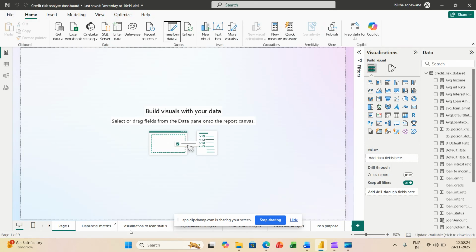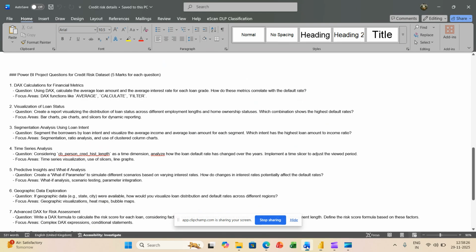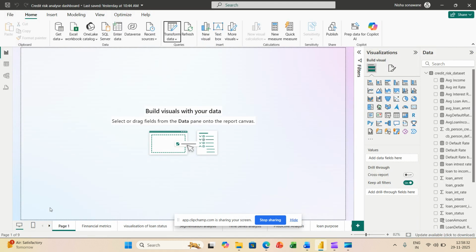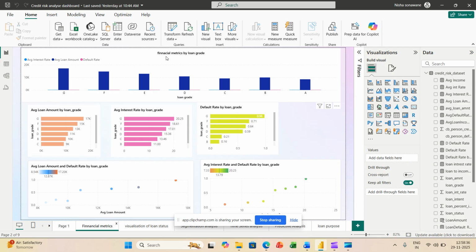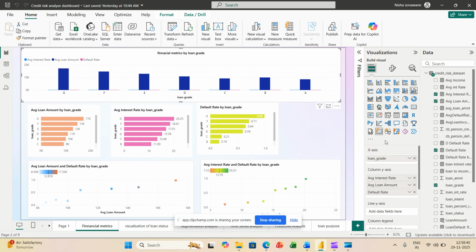So start with the first question. What is the first question? They ask a first question, that's calculation of financial metrics. So here I created financial metrics. This is the financial metrics by loan grade. Here I take loan grade on the x-axis, and on the y-axis average interest rate, average loan amount, and default rate. For calculating this average interest rate, I use this DAX,